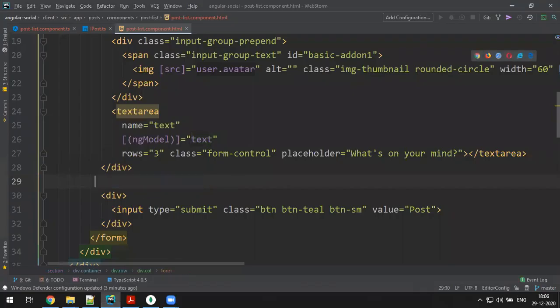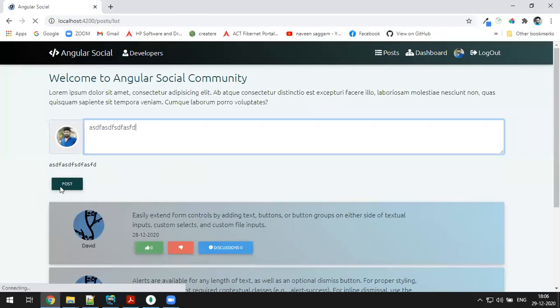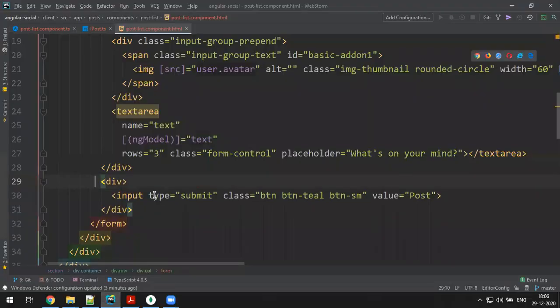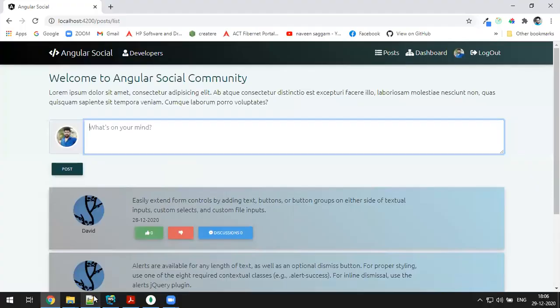Once it is bound, the moment I click on post, it should create a new post. To create a new post, you have to dispatch an action. So first, let me submit this form, and in that you have to dispatch an action.